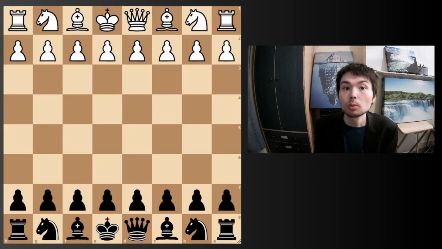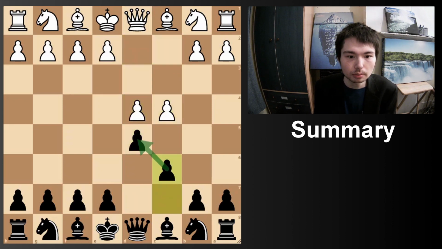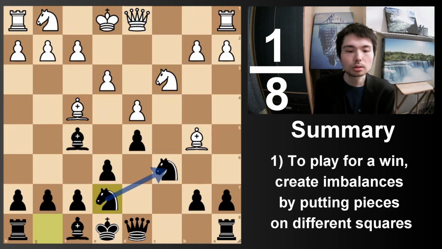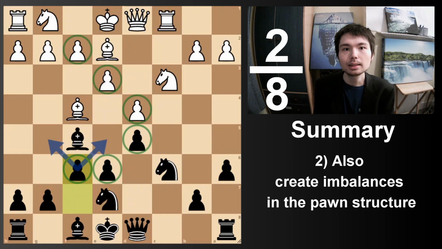Because I only covered one game in this video, I'm going to quickly review the key points that you can apply in your games. d4, d5, so here we go. Exchange Slav, let's get to the first key moment. Knight e7, causing the imbalance in order to create winning chances. f6, imbalance in the pawn structure,